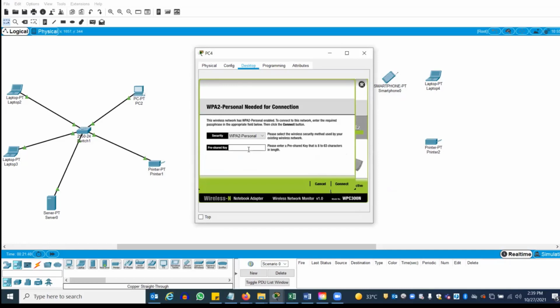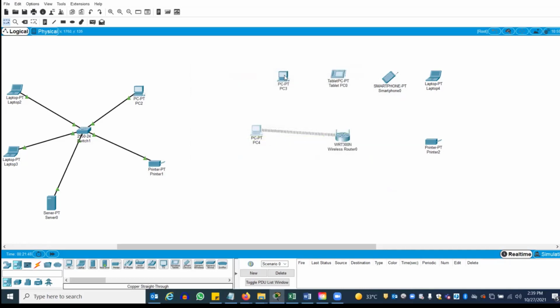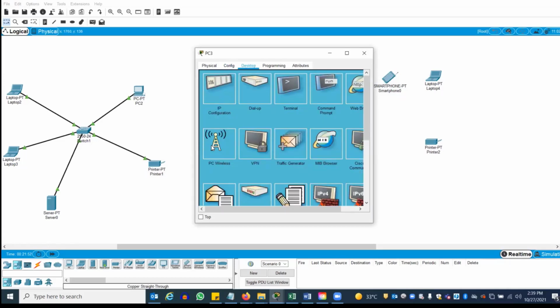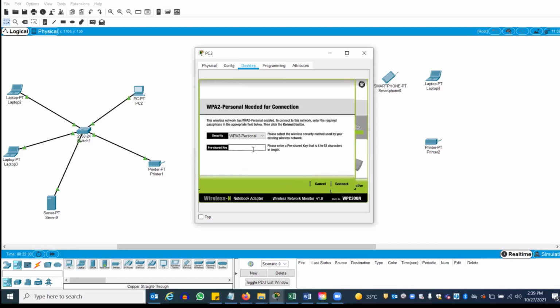If you don't know the password, you cannot connect. 1, 2, 3, 4, 5, 6, 7, 8. Similarly, see, I am able to connect.